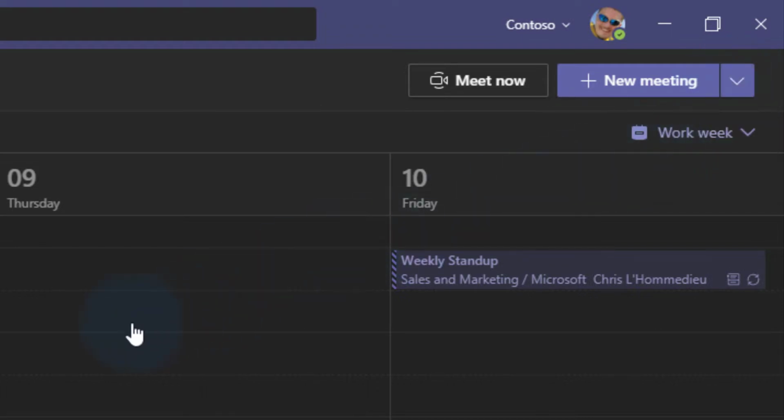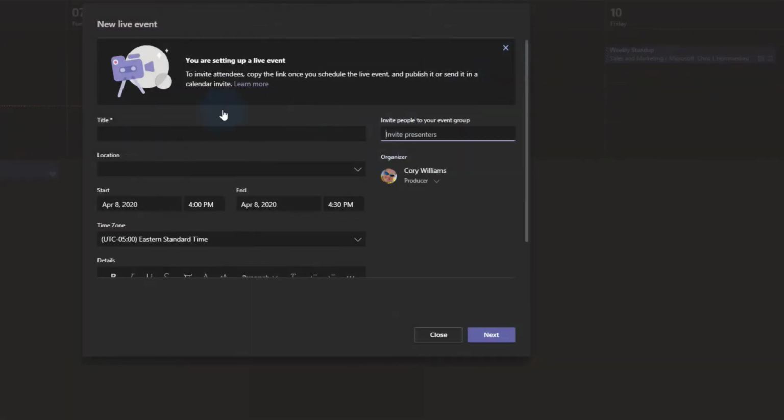Now, as that opens up, we're going to see a couple of options that we can set to pre-start that event, right? So first, let's call it our meeting event, right? So April Town Hall, and we're just going to call this test because I have another event already. We can select the location, so if all of your people that are producing or presenting are going to be in one room, maybe you want to select that for everybody to congregate in,